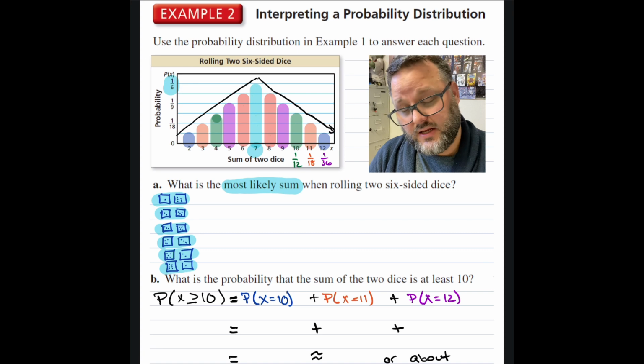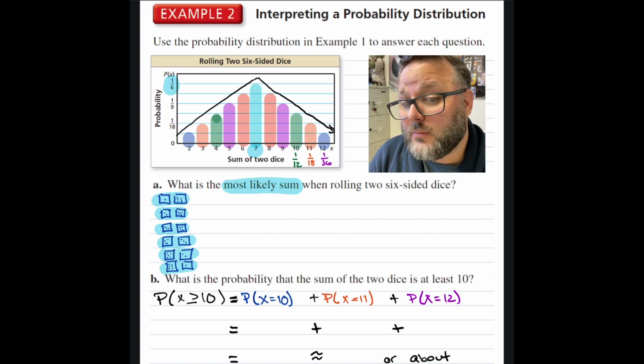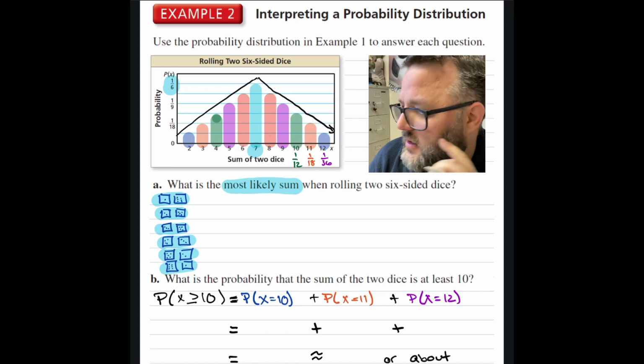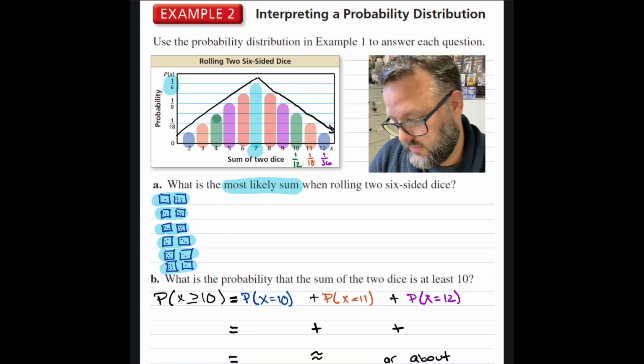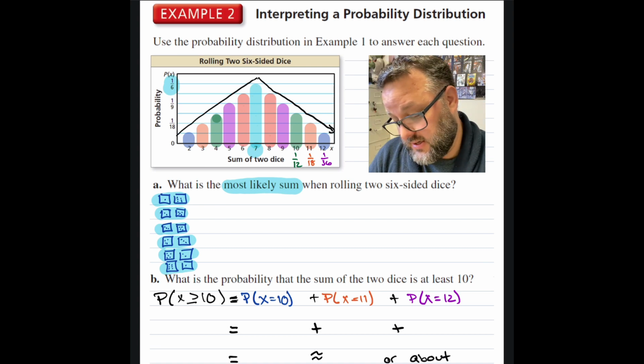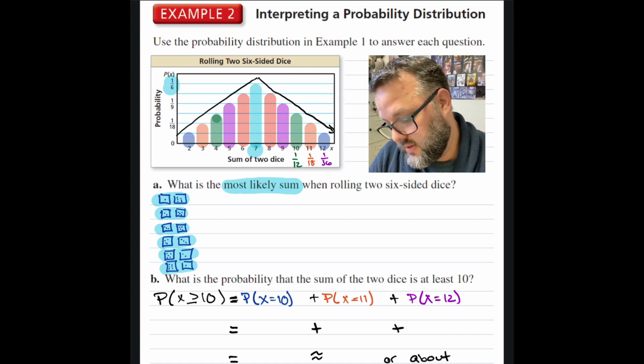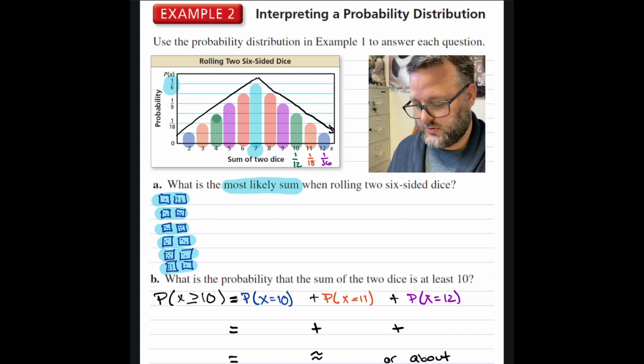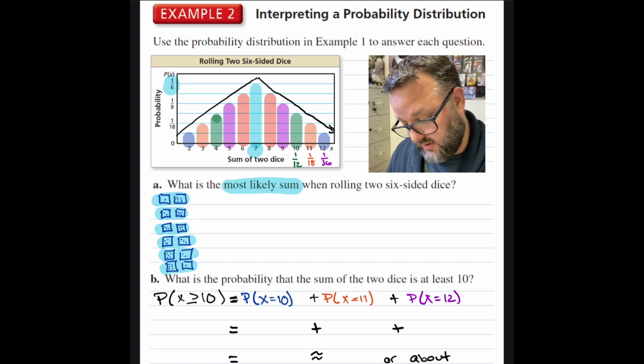So this is, is it a combination? No, permutation. And that's the idea that we're working with. But because I know it's 1 out of 6, I also know that there were 36 total rolls. So to turn 6 into 36, I have to multiply by 6. So if I take 1 times 6, I end up finding out that there was a grand total